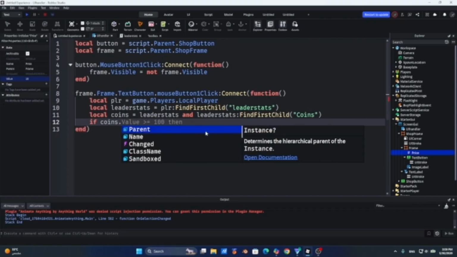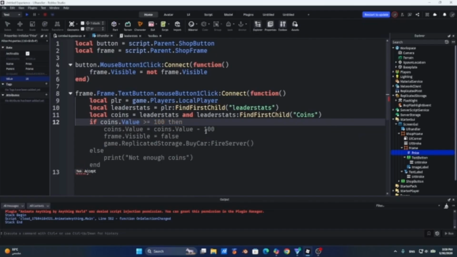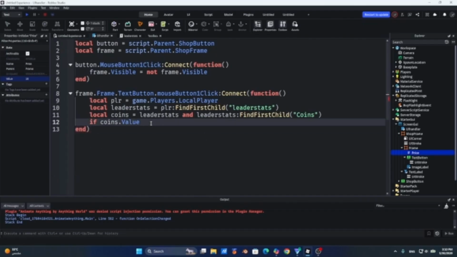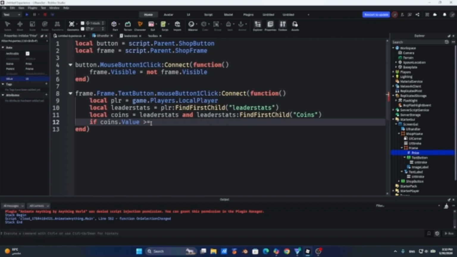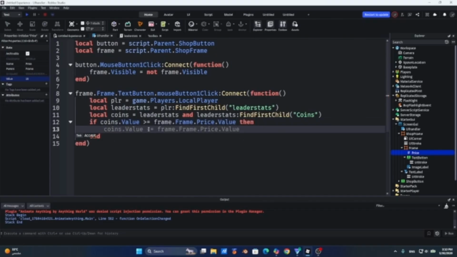the value is bigger, or equals, frame.price.Value, then coins.Value